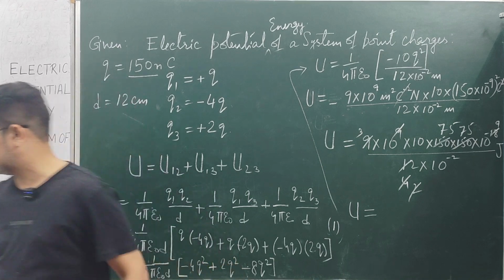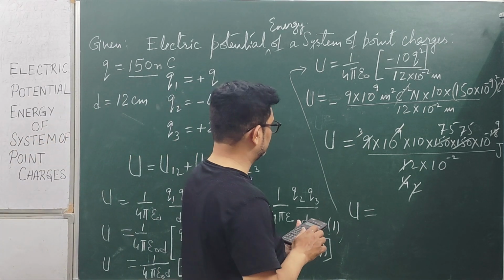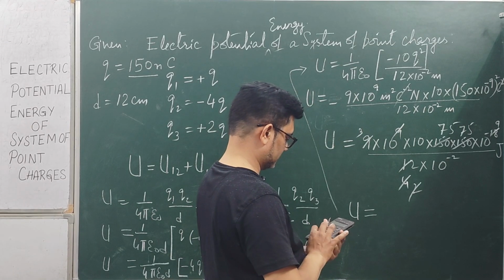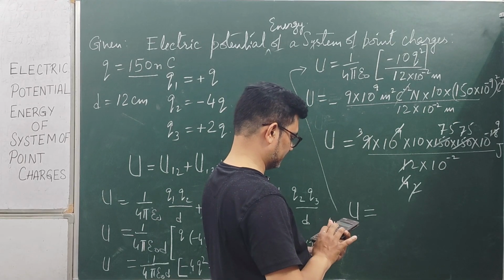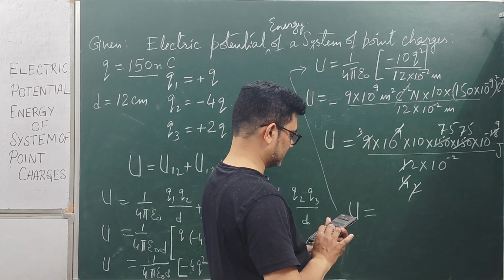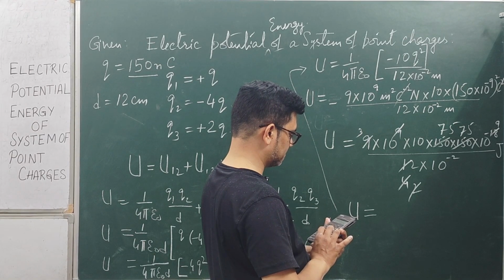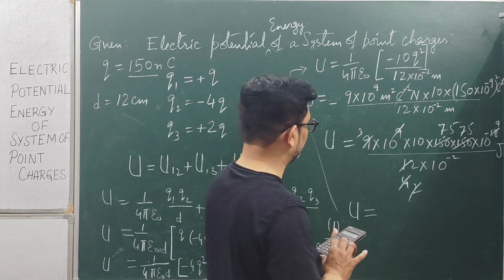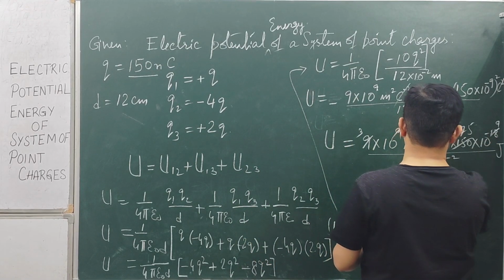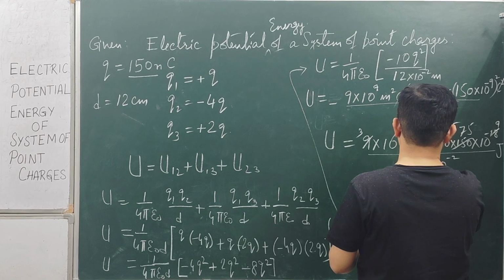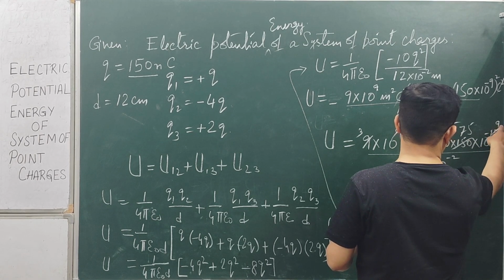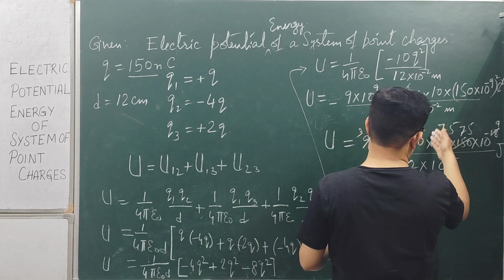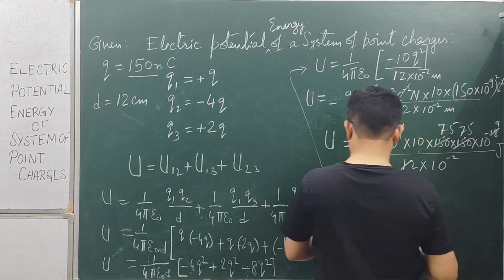Let me take the calculator here. So it comes out to be 3 times 75 times 75. All right, so approximately it's coming out to be 16875, and then it's raised to the power minus 9, and here it's going to be 10, right? So minus 9 is minus 8, and here we have 2. So when it goes on top, it becomes 3, and it comes out to be approximately